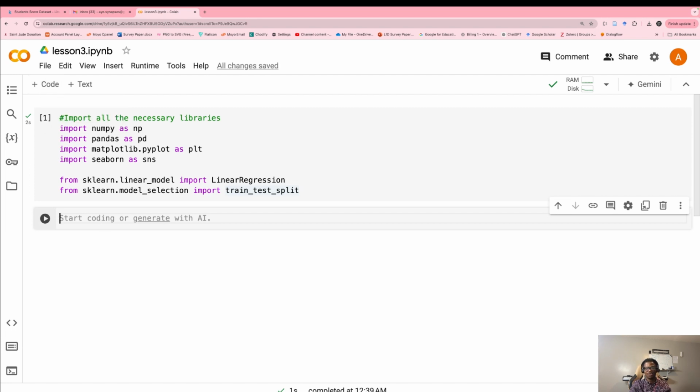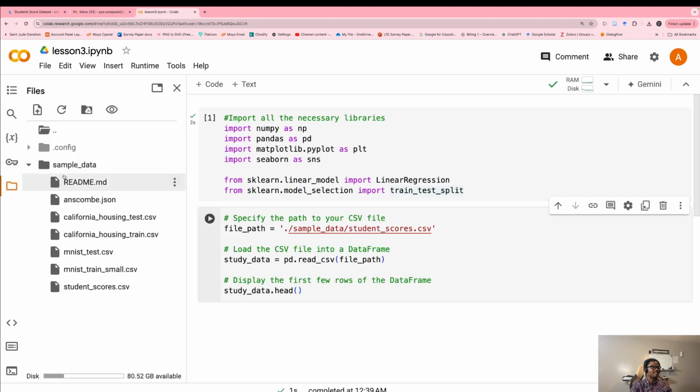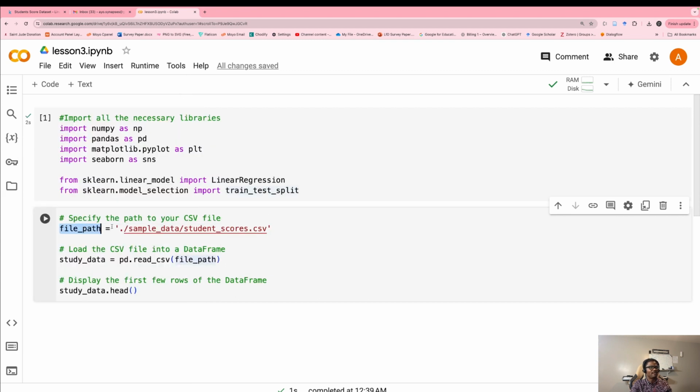Now we want to load our data. Let me copy the code over again because I want to save time. I'm not lazy, I just want to save time. You can put this comment in here. Then you can see this file path is content, then slash, sample data. This is saying that our data is inside sample data and it's going to be student scores. If you make mistakes, this is going to give you an error, and if you get an error, please just come back and check it again. So this is a file path.